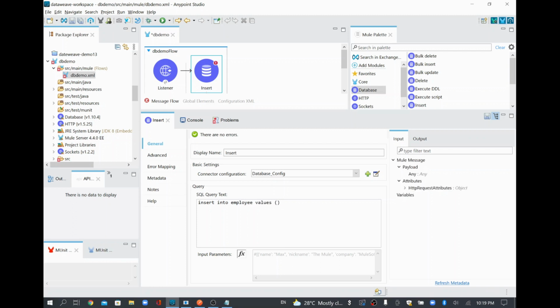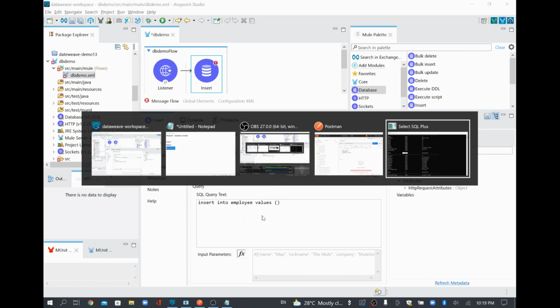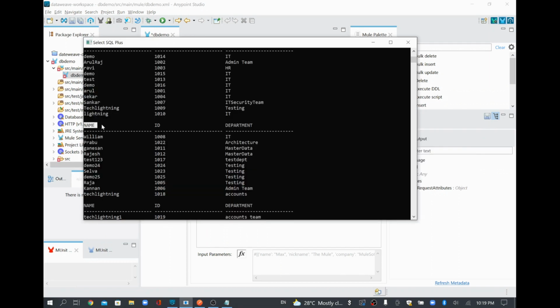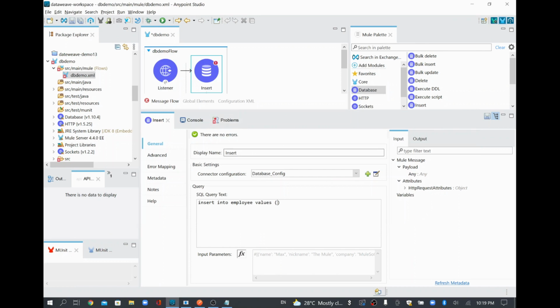This employee table has three fields: name, ID, department. These three field values I'm going to take from my input as well. So I'm going to pass three different inputs: colon name, colon ID, and colon department.